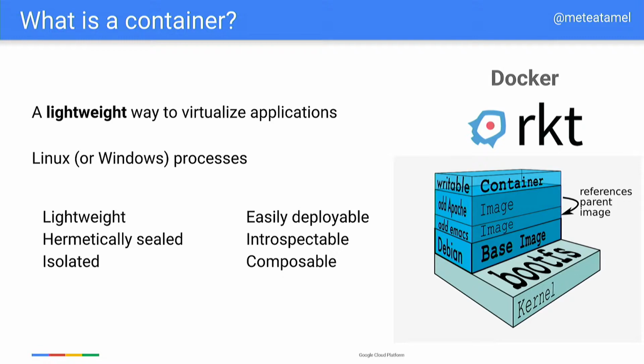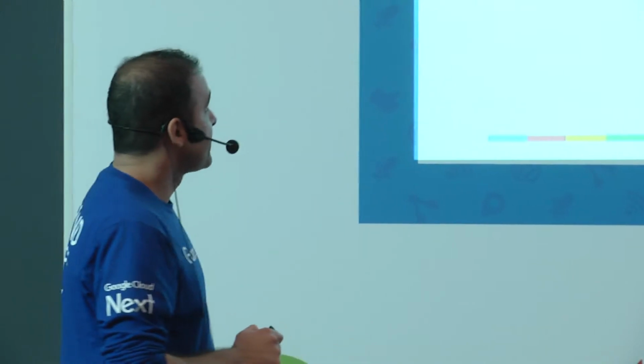And this is really important because if you depend on something, all you need to do is depend on this image, and this image has other dependencies, but you don't really care. You just depend on what you need to depend on, and everything else is given to you because you can layer them. So, and by the way, they started with Linux, and now Microsoft has Windows containers as well,